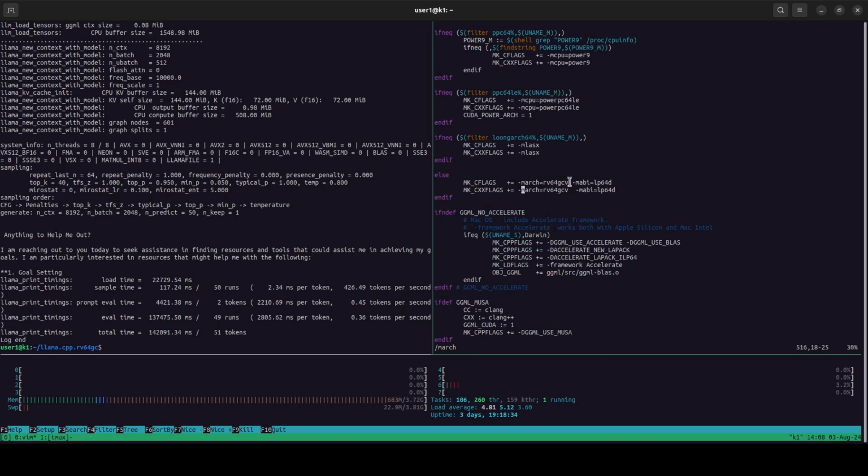This will be the default in the repository files, and if you want to compile it for the RISC-V scalar extension, you will have to remove this v over here, like this and like this over here. So after this you will be able to compile it for the RISC-V scalar extension, and you will be able to run it. And regarding the compile command,